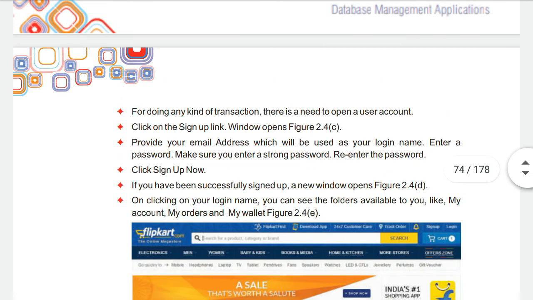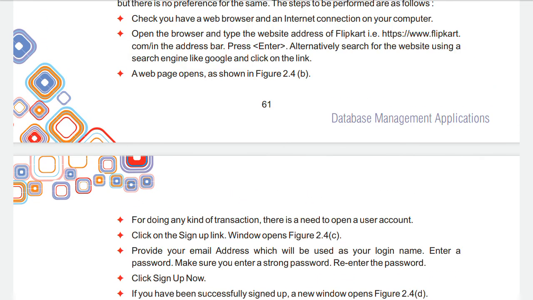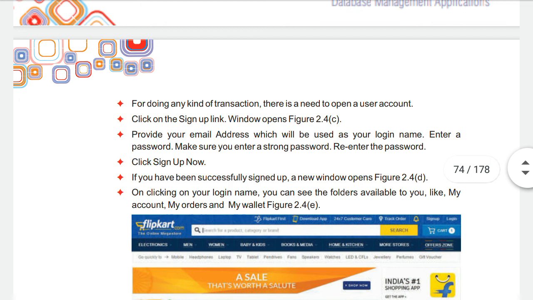Next is, after you type www.flipkart.com and press enter, what will happen? Click on the sign up link. Click on this link and then provide your email address and enter a password.